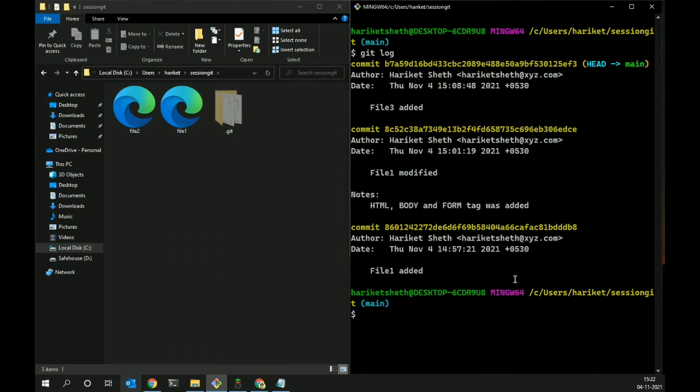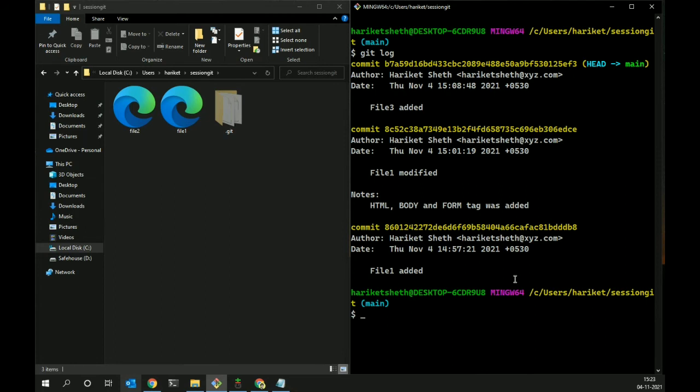But on the contrary, git revert will undo only that particular commit's modifications which you have done. If you have created a new file, it will delete it. If you have modified something, it will unmodify that, like it will restore the previous version of that file. It will basically do the opposite function, only for that particular commit. Nothing will happen to the changes you made after that or before that.